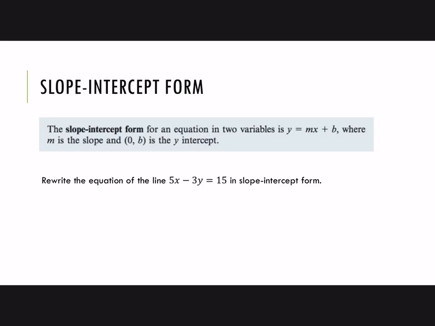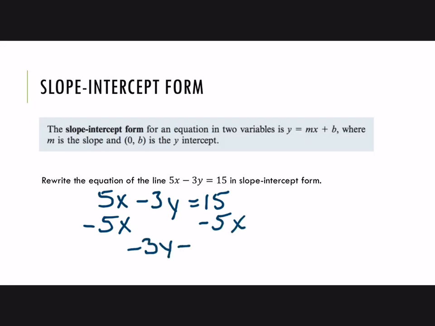Alright, so what I want to do is to rewrite the equation of this line in slope-intercept form so that I can see what the slope is. So the way to do that is just to solve for y. First thing I want to do is move the x term over, and I have negative 3y equals, and now I actually want the x term before the constant number. So instead of writing 15 minus 5x, I'm going to write this as negative 5x plus 15. And then finally I need y by itself. There's a negative 3 there, so I want to divide by negative 3